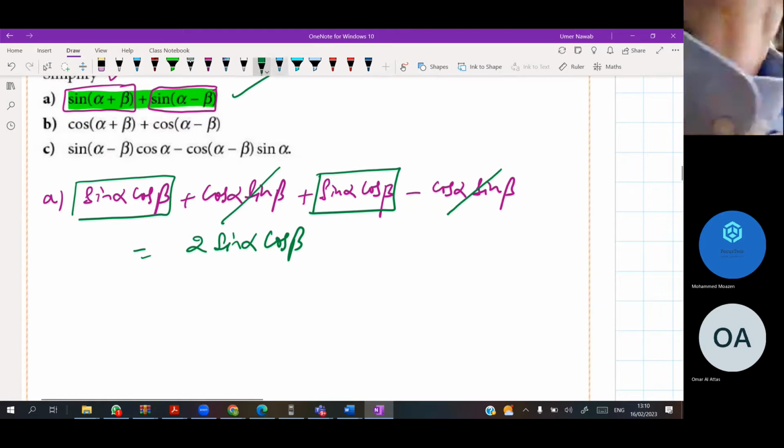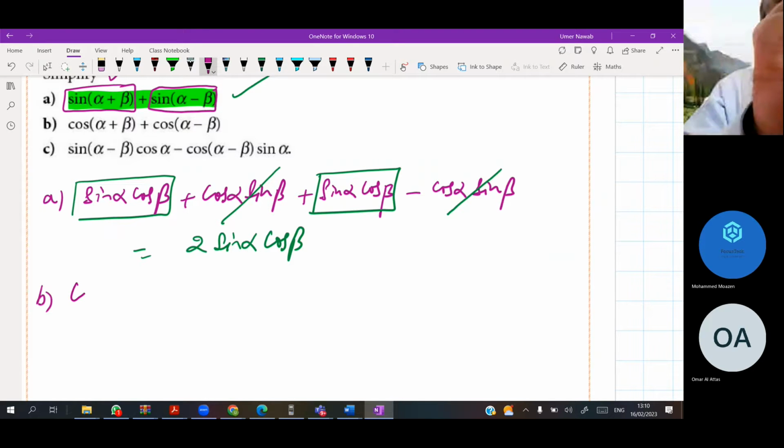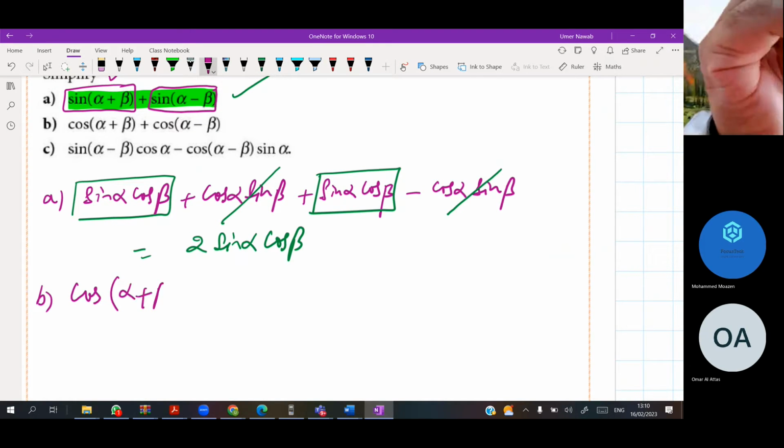Next, if we want to go to the B part, in the B part, he says cosine of alpha plus beta,